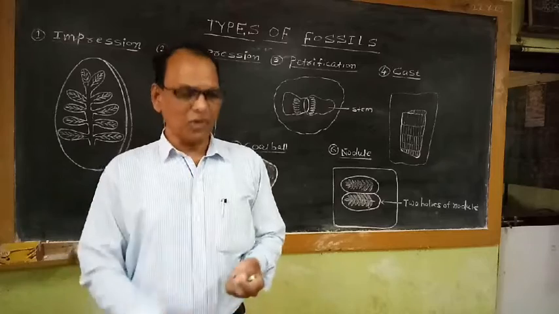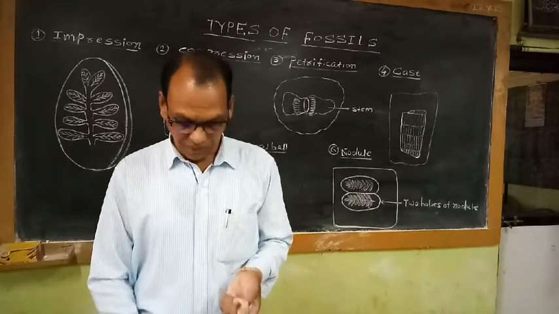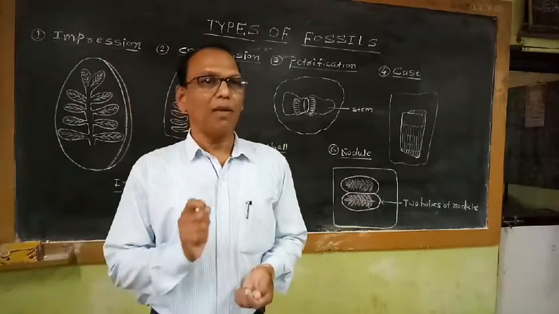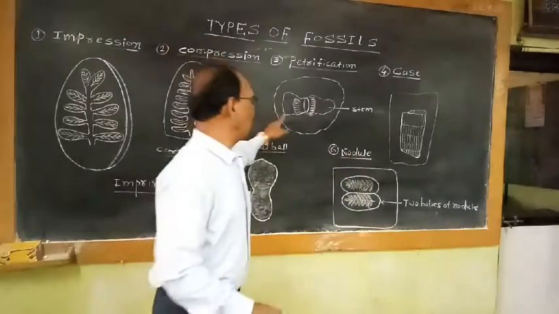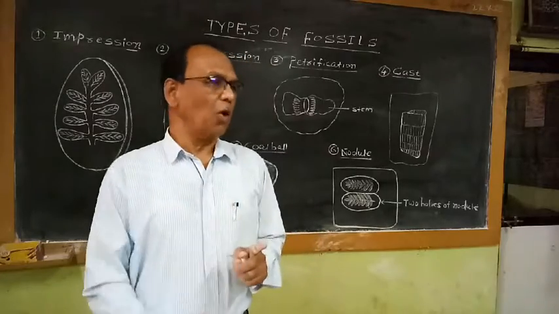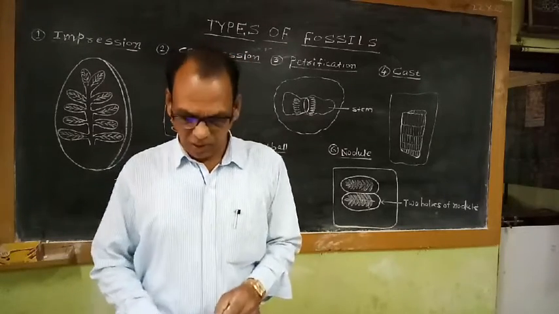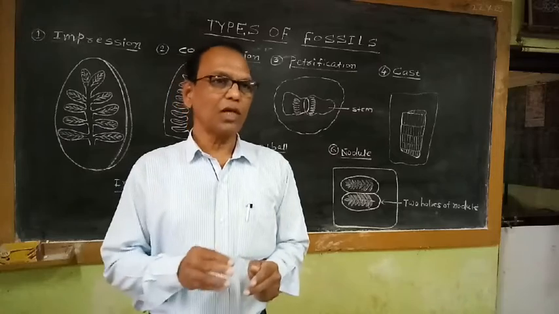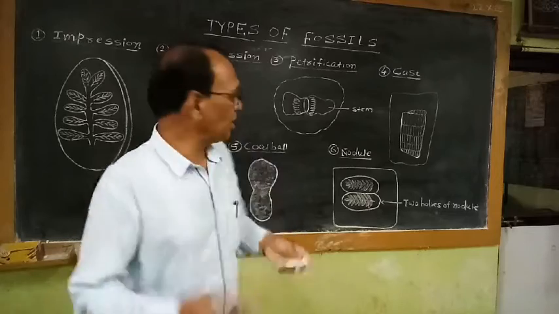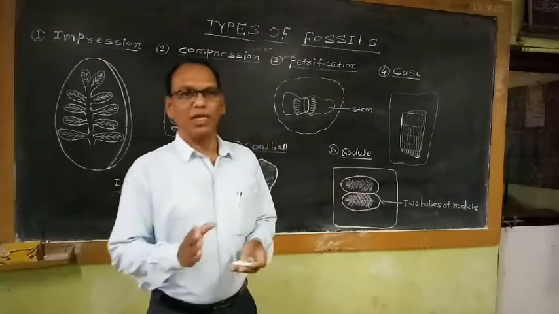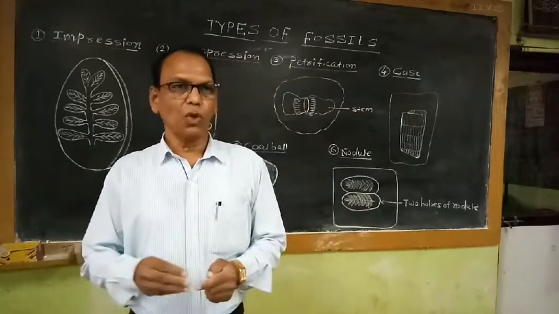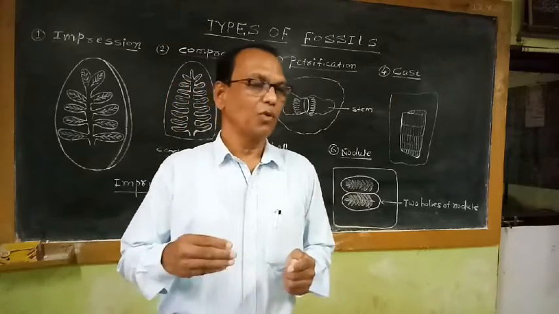These petrified fossils are formed very slowly and gradually due to the infiltration of mineral matter through the original plant material or original organic plant tissue. That means mineral matter is always dissolved in the water, and such types of fossils are generally found in the sedimentary rock, in the water bodies. So if water passes through the cells,